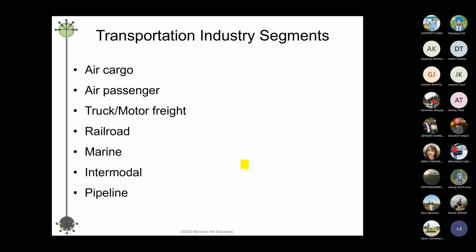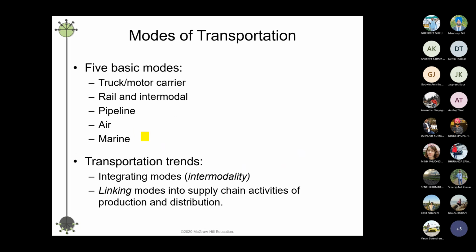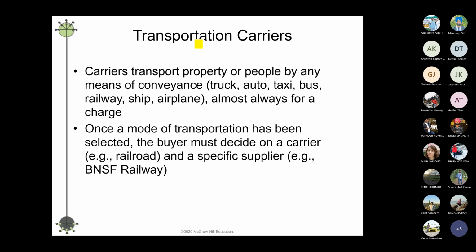we started reviewing different transportation modes. These are the traditional ones. We focused mostly on these five, and we also highlighted what the trend is right now. So the trend in transportation is integrating multiple modes, which we call intermodality, and also linking modes into supply chain activities, such as production and distribution. So something could happen in the middle. Okay,